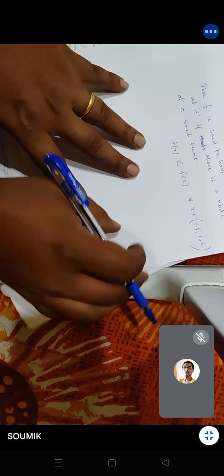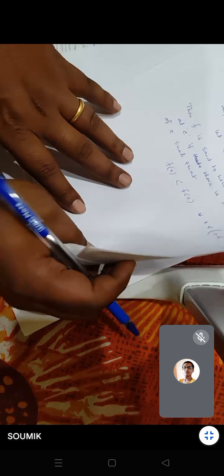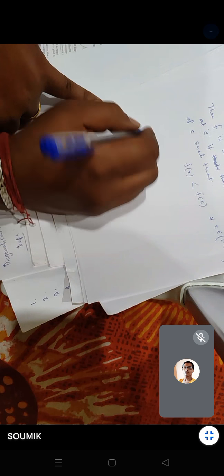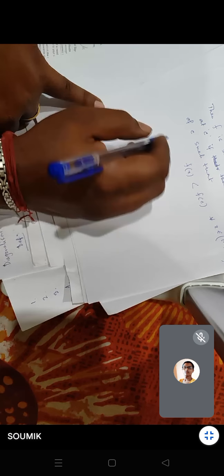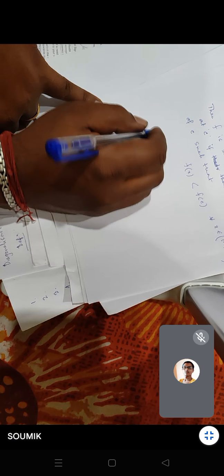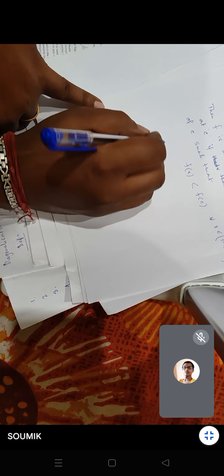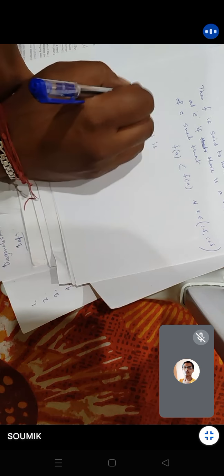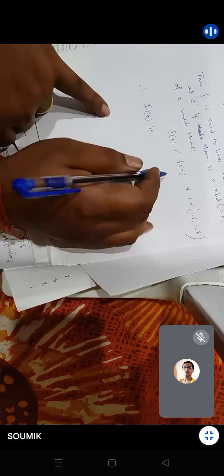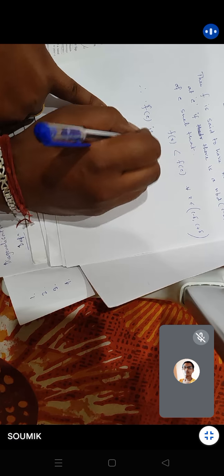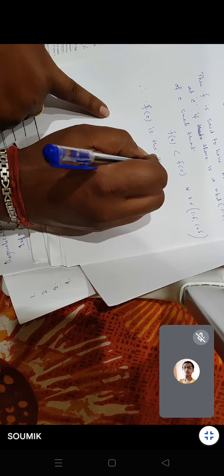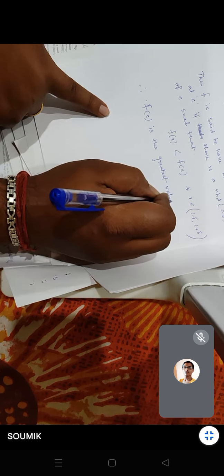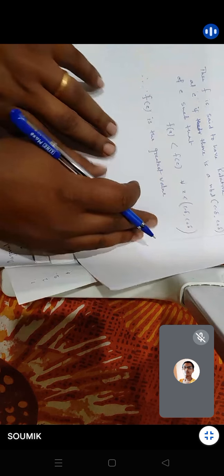Then the point c, f(c) is the greatest value, right? f(c) is the greatest value